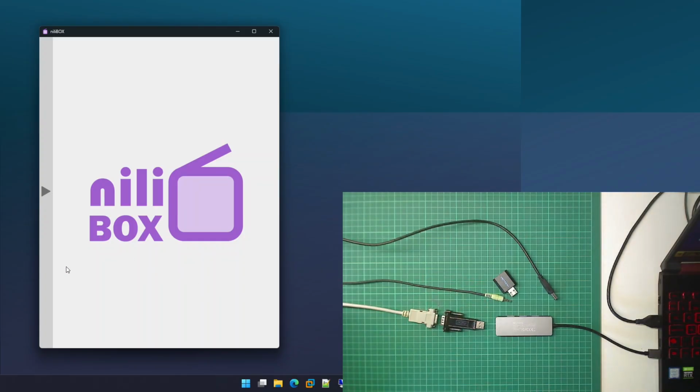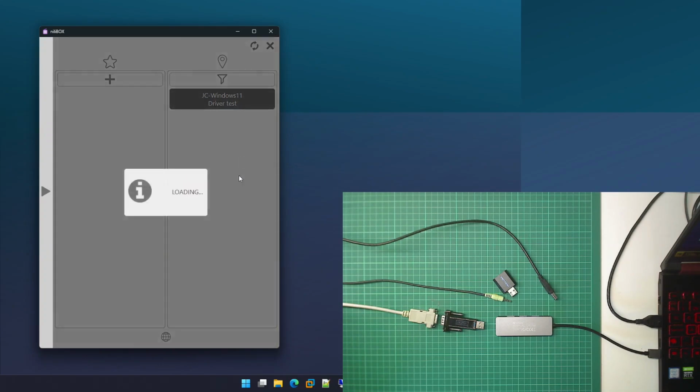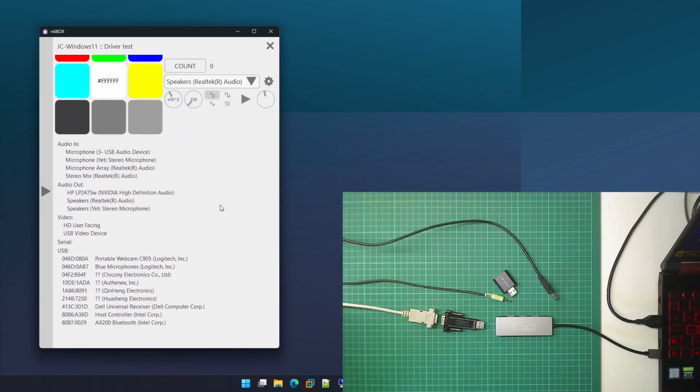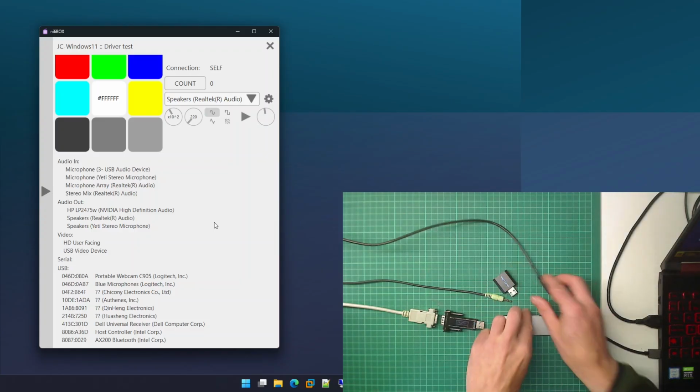To show how this hardware configuration is seen by niliBOX, I will open the driver test module, where you can see the current hardware that is recognized. Now I will proceed to connect one by one the external devices. First, I will start by the